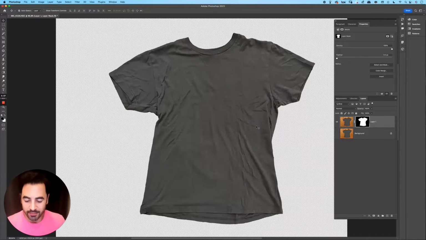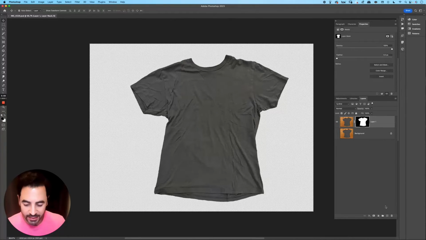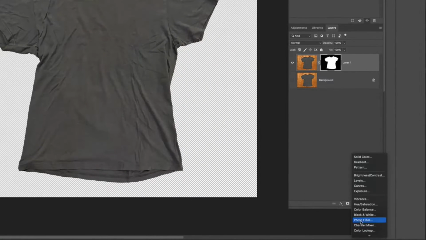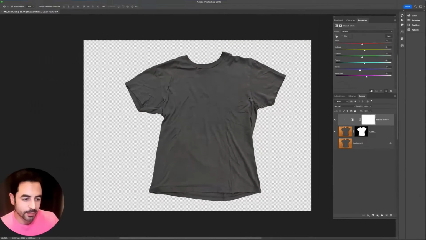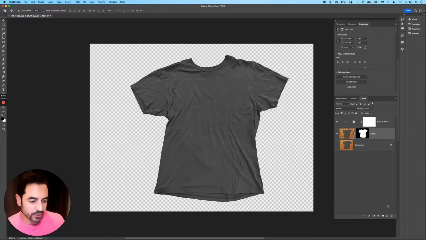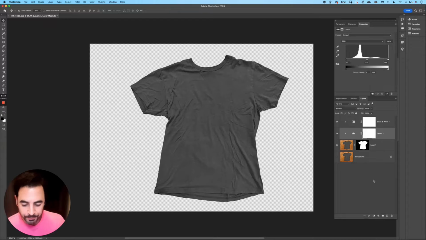Okay, so once you have this, let's go ahead and make sure that you save your file. I'm just going to save it as a Photoshop file on my desktop. And what we're going to do then is hold down the Alt/Option key, click on the adjustment layer icon, add a black and white adjustment layer, and check off this box here that says Use Previous Layer to create a clipping mask. Then I will select the shirt once again, come down here to the Levels adjustment layer,